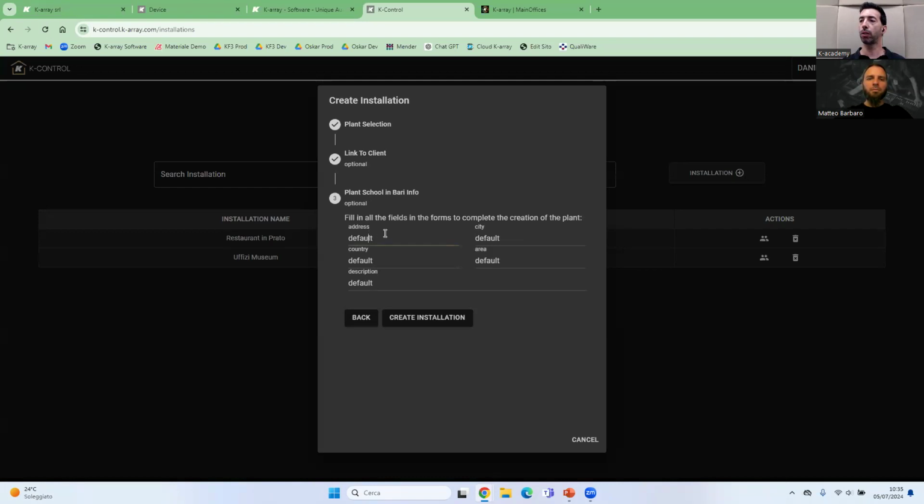And then, if you want, you can type here the address of the place to keep everything in order. So maybe let's assume now that it is in via XXX 1 in Bari, Italy. You can even leave the default, it's not mandatory to fill it. Anyway, let's do it